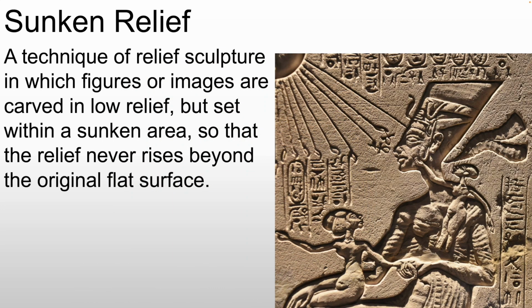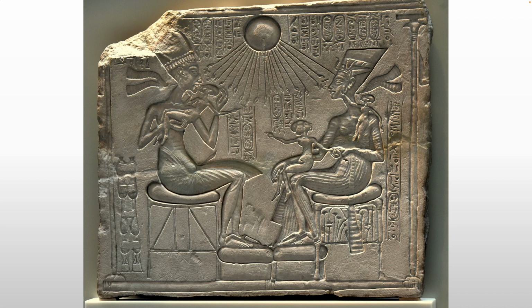What we're looking at is a sunken relief stele. So it's a stele because it's not mounted in a wall. It's meant as sort of a freestanding piece. And sunken relief we've talked about. Here is a good definition for it if you want to use it. And it's a very unusual portrait of the royal family, very naturalistic and unusually domestic.